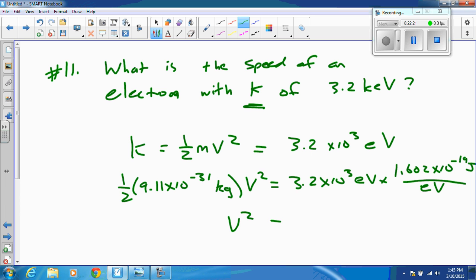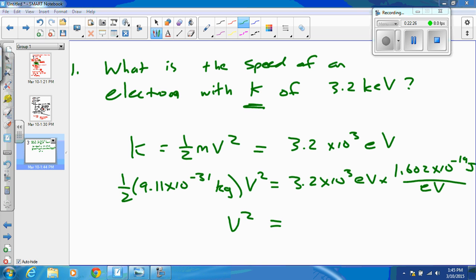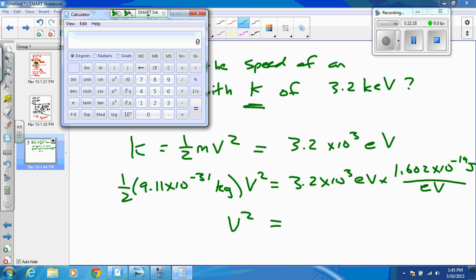And from here, it's just a matter of solving for V. First, V squared should be equal to all of those things multiplied and divided. So we'll start here, 3.2 times 10 to the third times 1.602 times 10 to the minus 19. It's a lot of decimal places. Times 2 divided by 9.11 times 10 to the